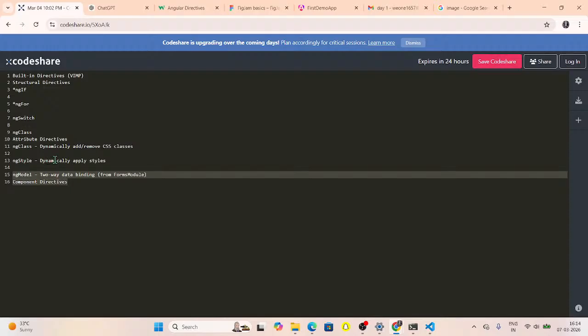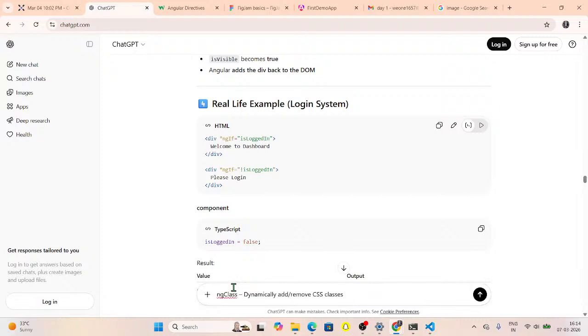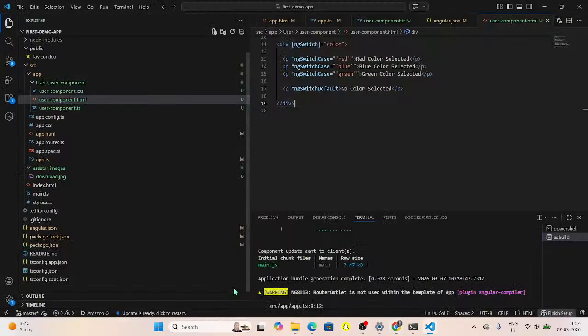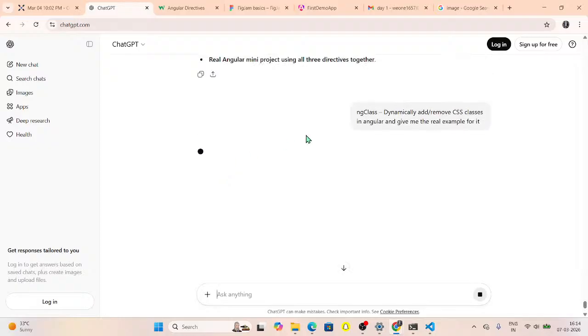Okay, this is what we have done. ngModel, ngSwitch we have discussed, ngSwitch case we have understood. ngClass and ngStyle we have to work on. Example for it. Okay, ngClass and then